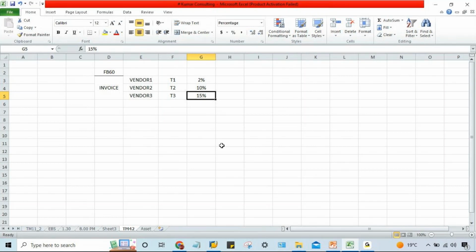When you post the invoice, again, for this vendor, this invoice is going to be due or overdue in how many days, guys? So in 30 days. So what is happening? We have created a terms of payment, let's suppose TM30, that is going to be linked with this vendor, right? So this is what is happening, guys.